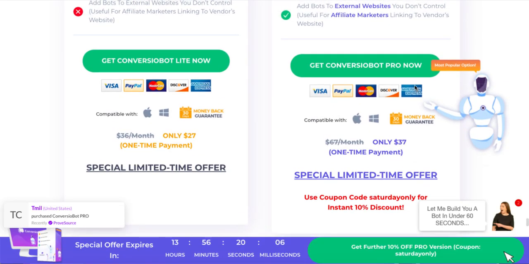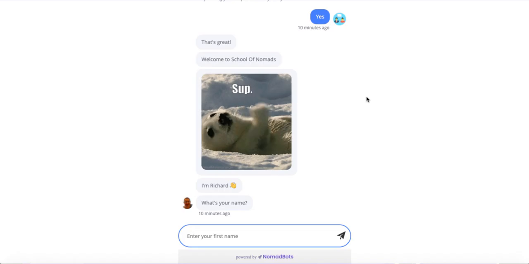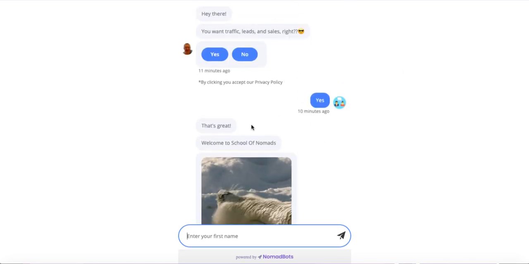And then there's also the full page chatbot. So if I look at this one, this is the actual chatbot that I have, and this is a full page chatbot that allows you to just give people this link and they come straight to this. And you can change everything on here. It doesn't have to be white. It can be your own website coloring, any color you want really, any picture you want. And then you just have the chatbot running down the middle here. So it's really cool. This is something that I think I'm going to replace some of my landing pages with,